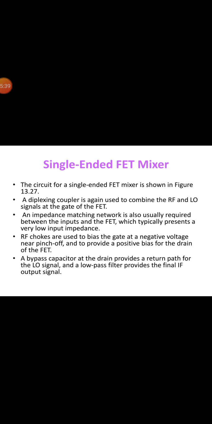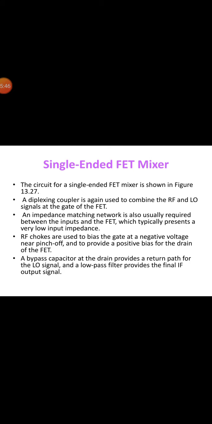The mixer can also be formed using a single ended FET. The circuit for the single ended FET mixer is shown in this diagram. There are several FET parameters that offer nonlinearities that can be used for mixing, but the strongest is the transconductance, gm. The FET is operated in a common source configuration with a negative gate bias. The variation of the transconductance with the gate bias for a typical FET is used for mixing. When used as an amplifier, the gate bias voltage is chosen near 0 or slightly positive, so the transconductance is near its maximum value.